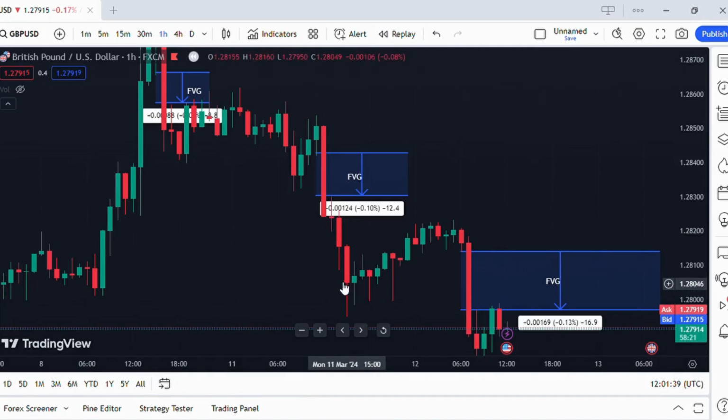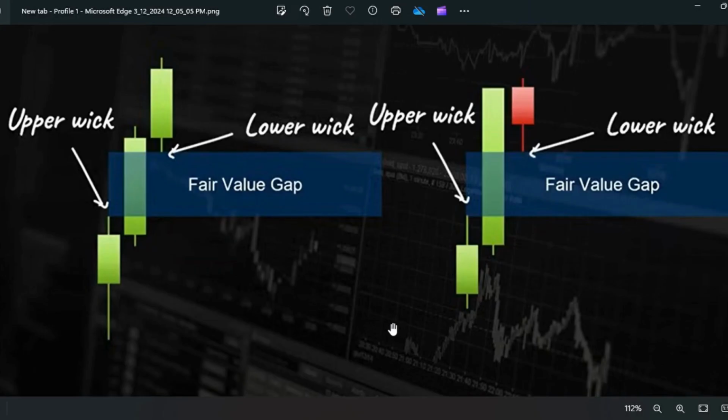Fair value gap is a space between the wicks of 3 consecutive candles on the price chart. So when the upper wick of the first candle, which is this one, and this is the lower wick of the third candle, when the upper wick of the first candle doesn't overlap with the lower wick of the third candle, we mark this area as the fair value gap,